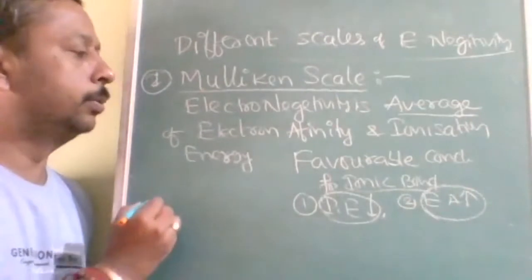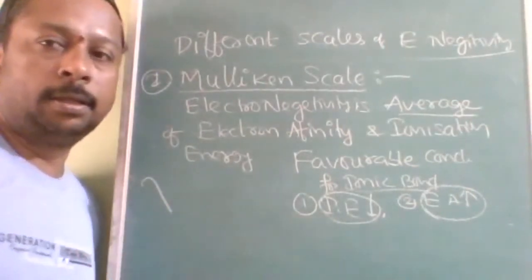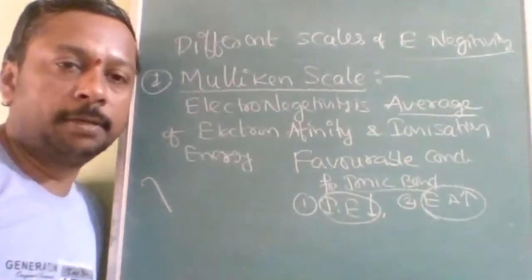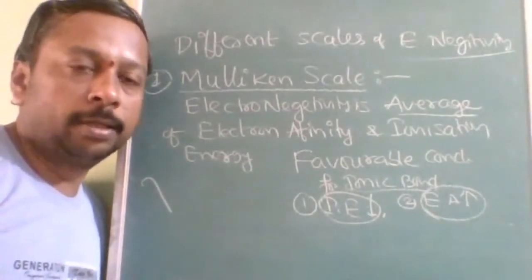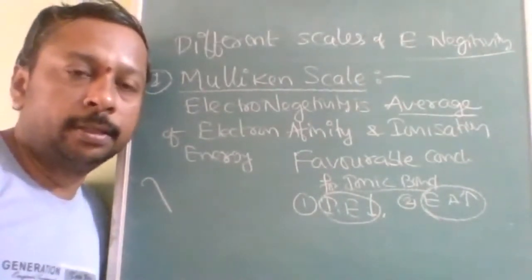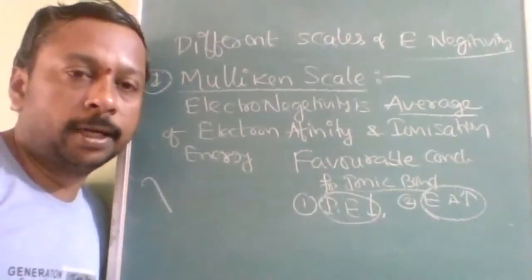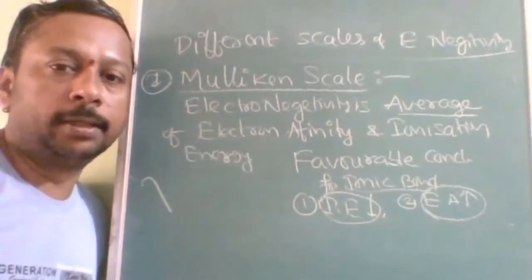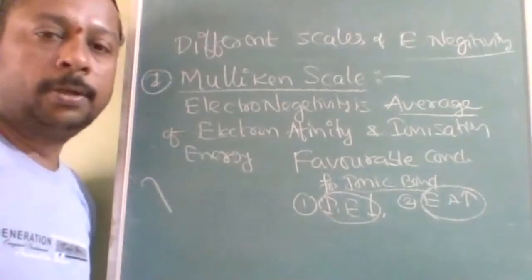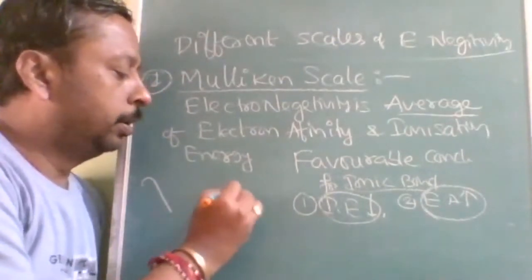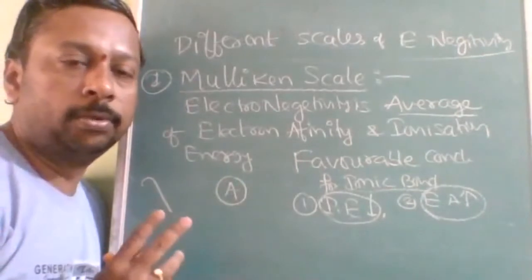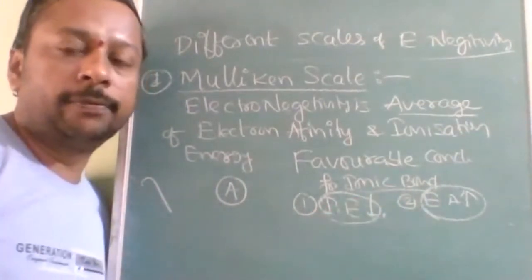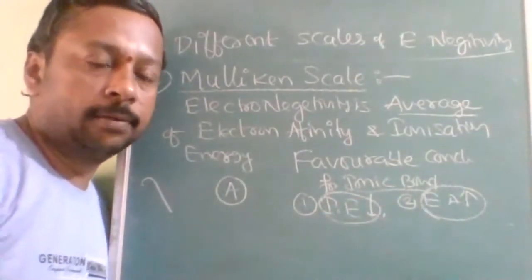One advantage is that you can directly find out electronegativity with very few values. In the Pauling scale you require three bond energies and the electronegativity of one of the bonded atoms, and only then will you calculate the electronegativity of one atom. But here it is not like that. Suppose you wanted to find the electronegativity of A. Only two things are needed: the ionization energy of A and the electron affinity of A. Then you can calculate it immediately.